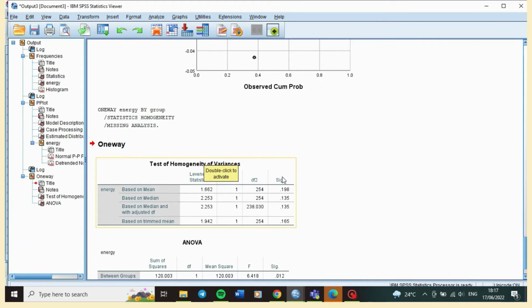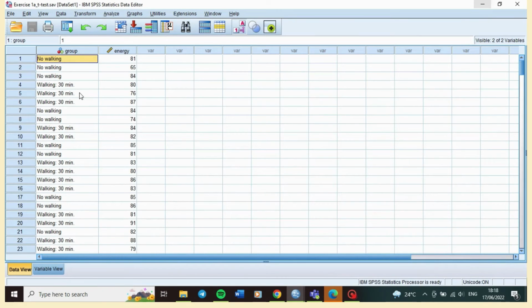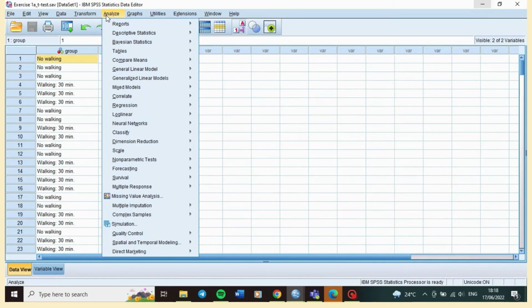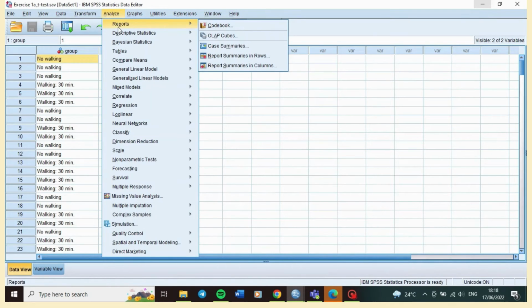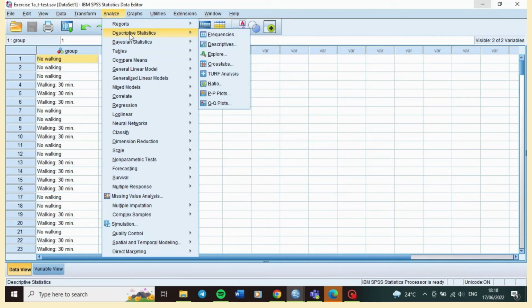And then for the last one, we want to run the t-test. Right, it is actually here, analyze, descriptive,